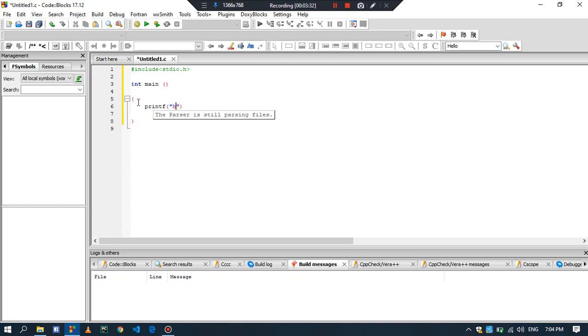For example, I want to write hello world on the output screen, so I write hello world in these quotes. Now at the end you will have to add a semicolon, and it's compulsory. If you don't write the semicolon after the printf statement, then a syntax error occurs and your program doesn't start.